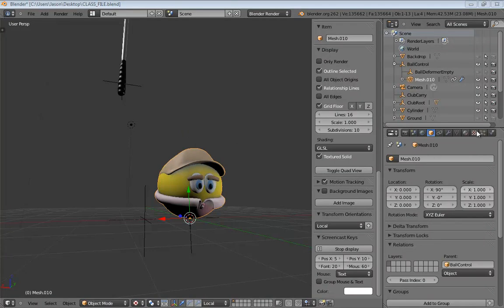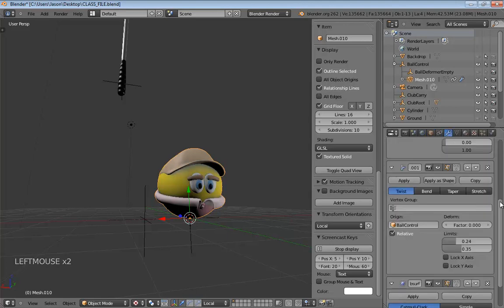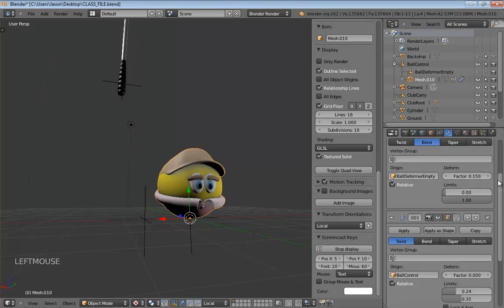Just keep in mind that you do have a couple of different modifiers that are stacked up, and it's really easy to get the two confused. The great thing about what just happened is that it illustrates why we're going to need to set up further controls for these modifiers. It's way too easy, since both of these modifiers are basically the same thing, to get lost and think, oh, well, I must be looking at the twist when you're actually looking at the bend, and I'm sure that's all you were doing.